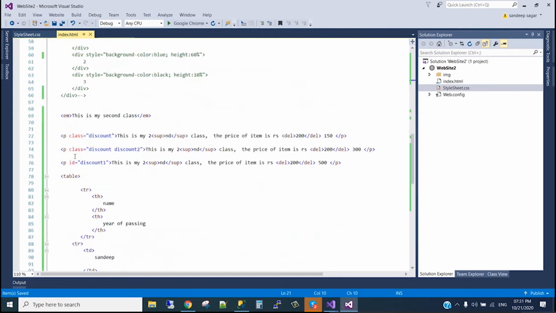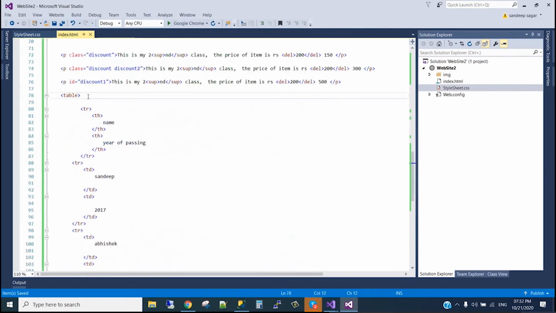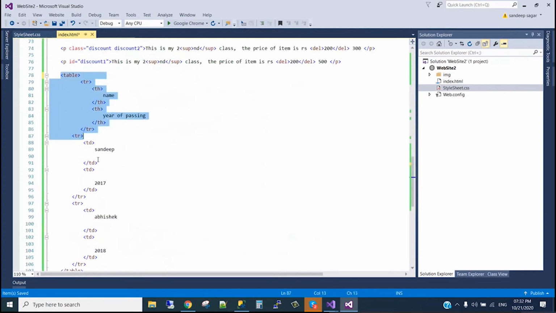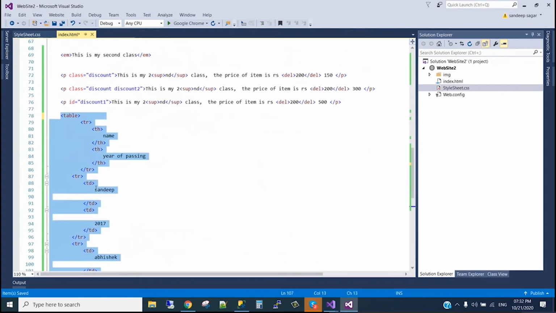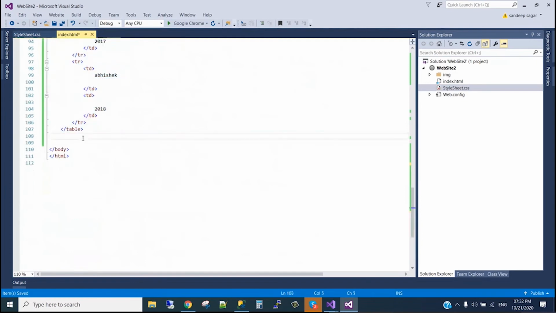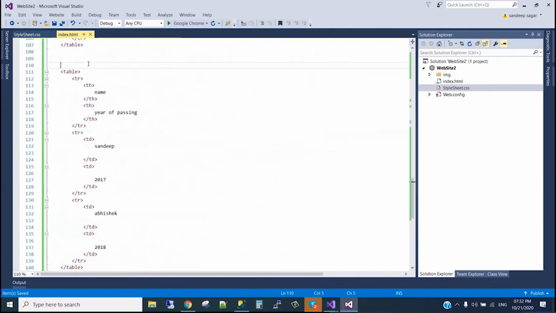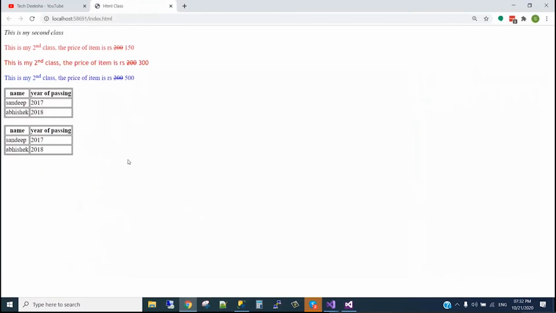If I copy this table and make one more table, it will automatically apply this style there. We can have a break so that we can see the difference, and if I refresh it, see, two tables. Here we didn't have to write any class or id, and the table format came automatically.